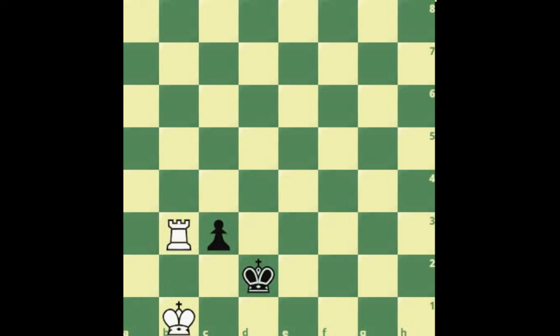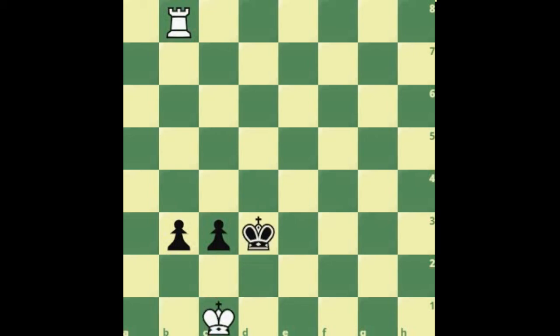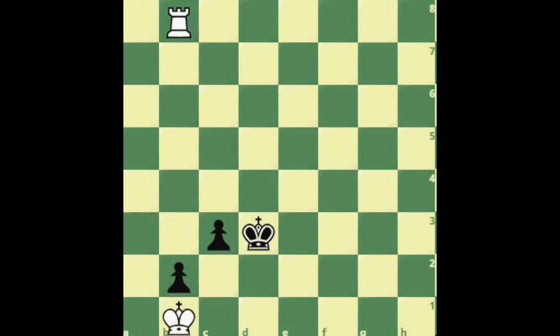So how to continue now? King to c1. Now black's only move that makes sense is king c4. If black tries to play pawn to b2, for example, here comes king b1, wins for white,